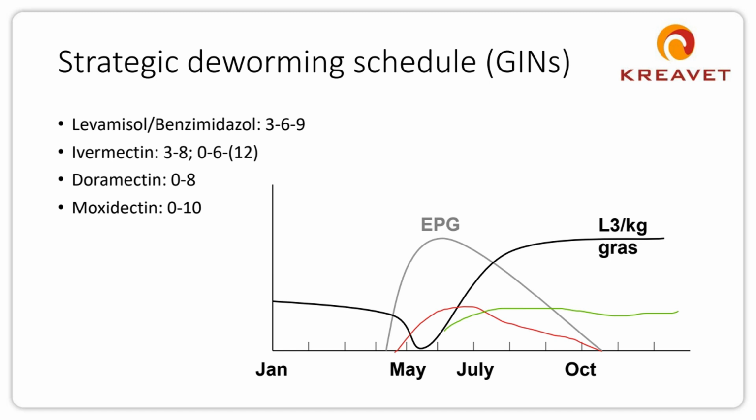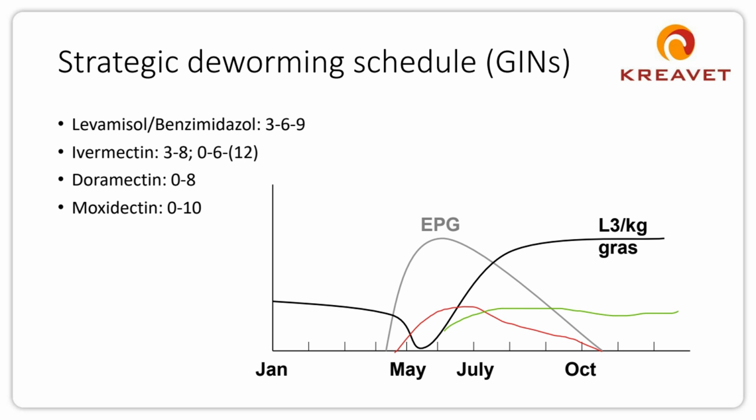on two things. First, the prepatent period, for instance, of gastrointestinal nematodes, 3 weeks. So if we treat, for instance, with levamisole every 3 weeks, in the beginning of the grazing season, we are preventing the egg shedding of the animals. And so the traditional peak will be lowered, and as a result, the pasture contamination will stay at a low level, with the result that at the end of the grazing season, the animals have not experienced an excessive infection, and so the infection is controlled. So this is what we consider strategic deworming.